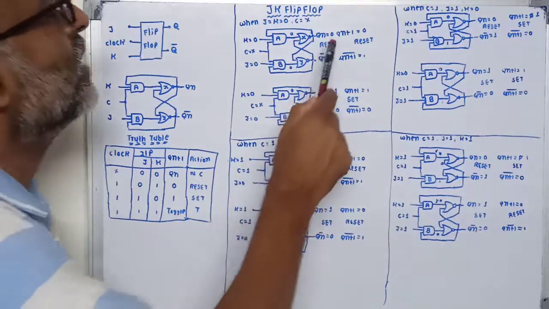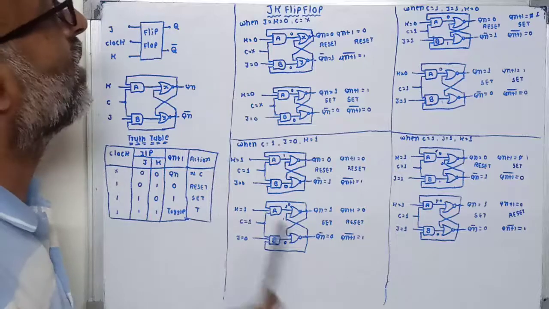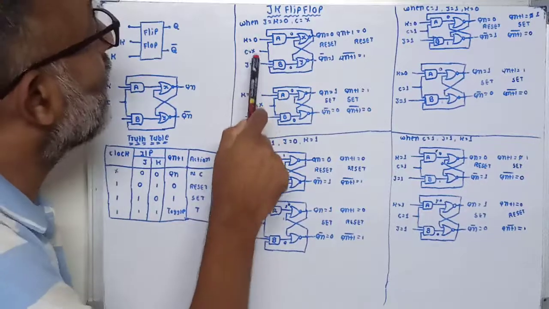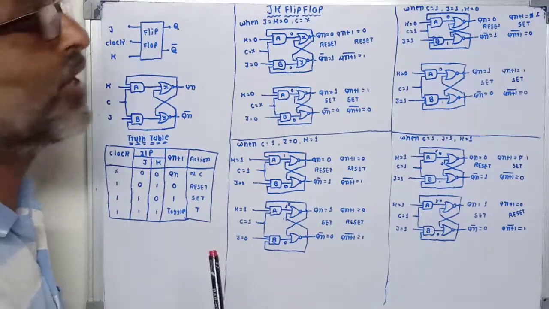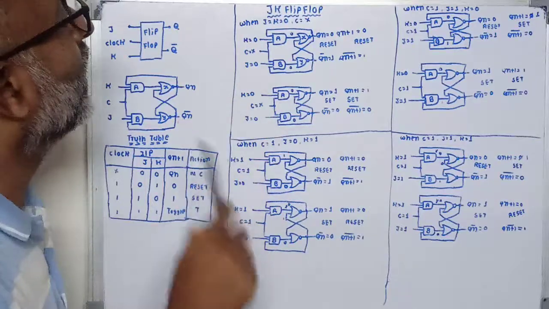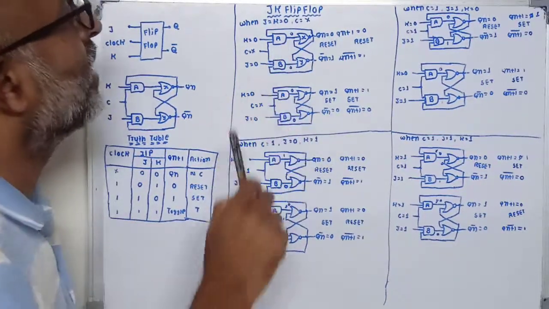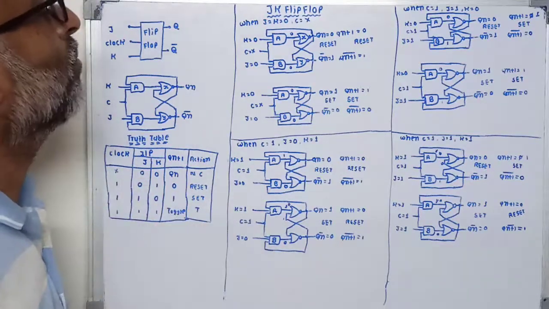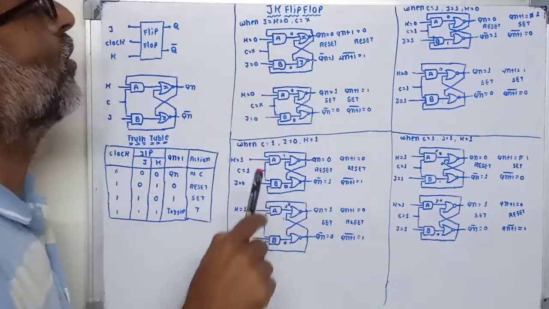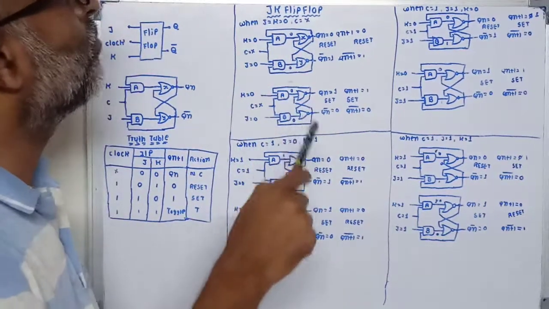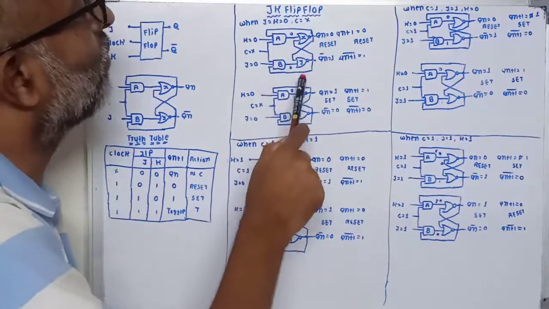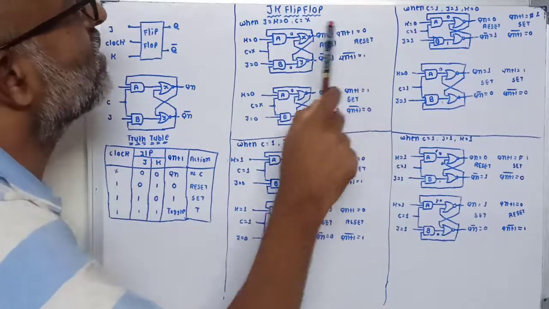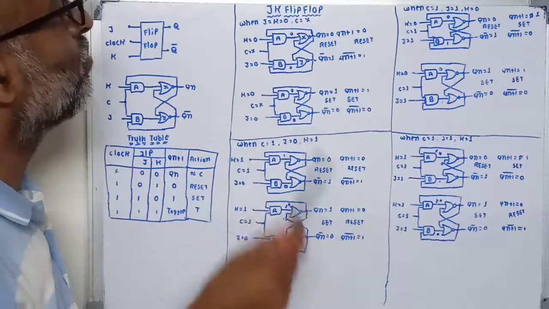Now let me see, initially our flip-flop is in reset condition. That means Qn is equal to 0 and Qn bar is equal to 1. Now when J and K both are at 0 level, the AND gates A and B both are disabled and their output is 0. So the inputs of the SR flip-flop are both at 0 level, that means it still remains in the previous condition, that means it still remains in reset condition. So it is most important.